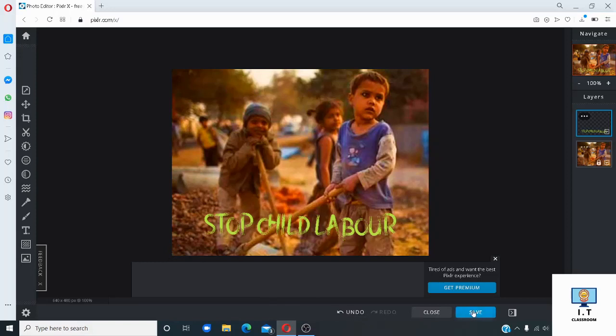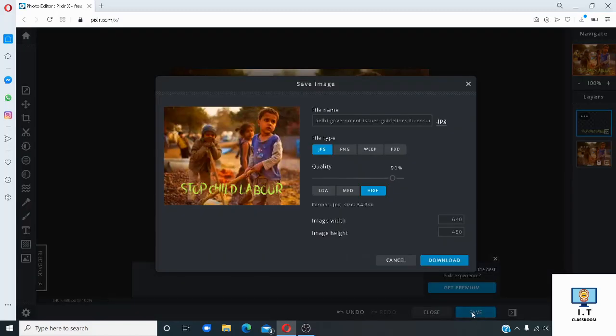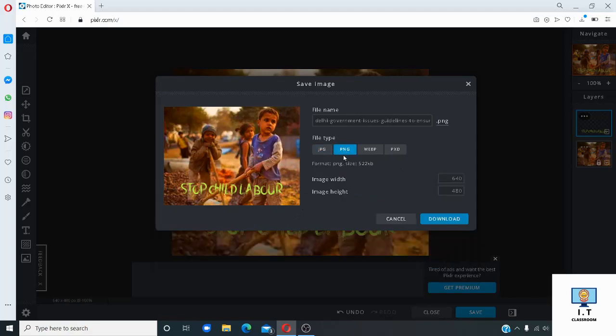After this, I am telling you how you can save this picture. At the bottom, one button is given, the save button. You have to bring your mouse pointer here and click on it like this. It will ask you for a file name. Whichever file name you want to give, you have to type it in the file name box. After that, it will ask you for the file type. Whichever format you select, it will save the image with that file type.